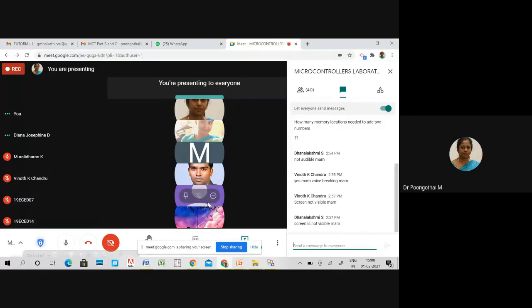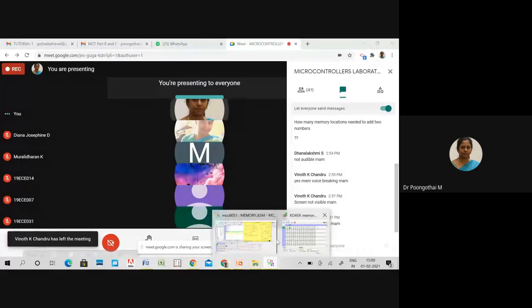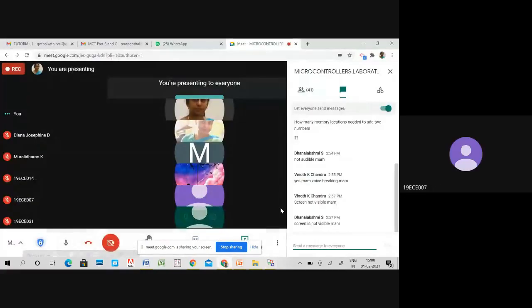See, only if you increment will it go to the next memory location. Here I have stored two inputs, one at 0010 and the second input at 0011. I am going to add these two and store the result at 0012. For that, you have to incorporate increment DPTR. First 0010, then 0011, after that 0012. Is that clear? Yes, ma'am.